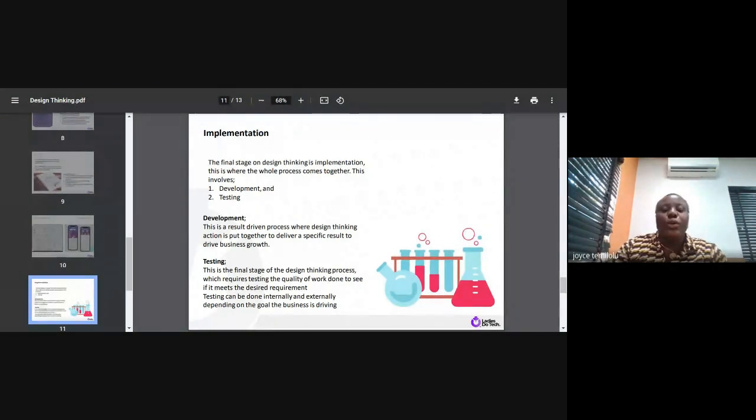So I want to make sure we're driving business growth by delivering quality out in the markets, which is very essential. I do my tests to ensure that the product has met certain standards before we just take it out there and give it to people to consume, right? So testing can be done in 2 different ways. Testing can be done internally and externally, depending on the goal of the business, right? So let me give